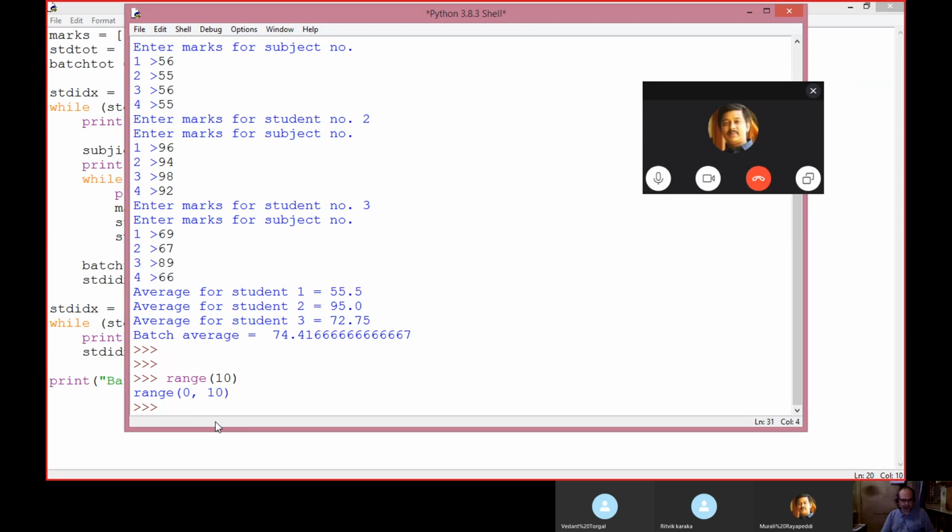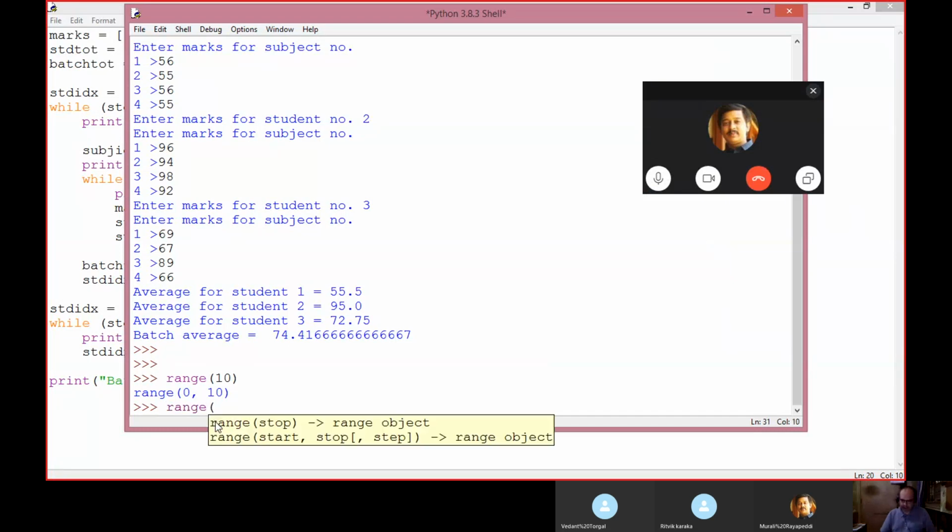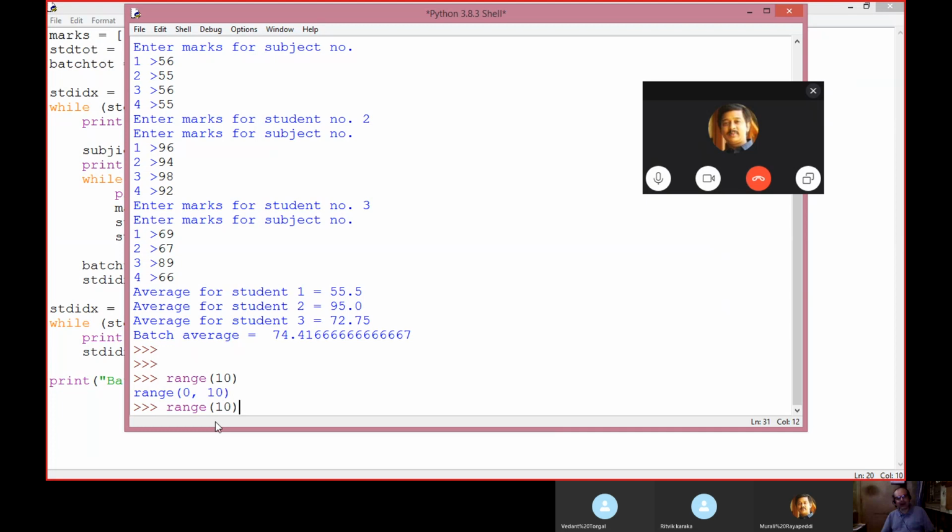If I say range 10, then range will give me a list of 10 numbers from 0 to 9, one less than the number given here. By default it starts from 0 and is incremented by 1.